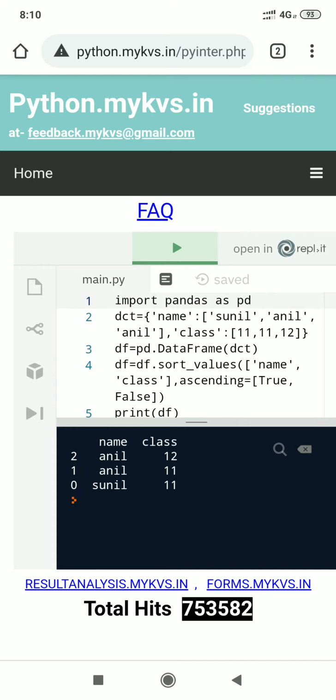Okay, it's working. Now you are finding the sorted values. Anil with class 12 is taken first, then Anil with class 11 is taken second, then Sunil. So you are finding that names are in ascending order, and if the same name matches, in that case the higher class is taken